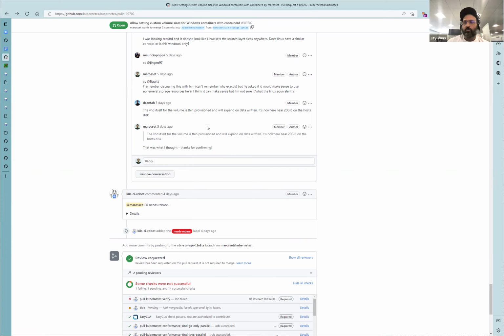I mean, in general, why does it need to match what we do for Linux? In my opinion, I don't think it matters that much. I mean, it'd be great if it did, but I don't think it's a big deal, really. I mean, we don't have density parity between Windows and Linux right now. It wouldn't be a regression if this somehow continued to not give us that.